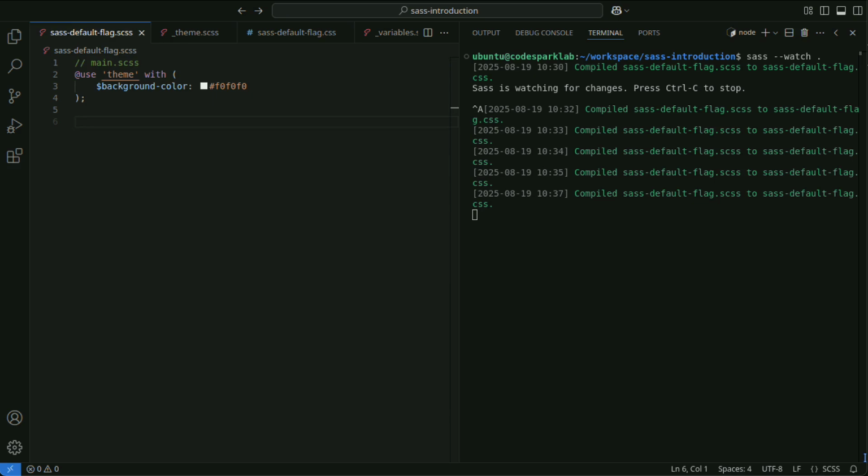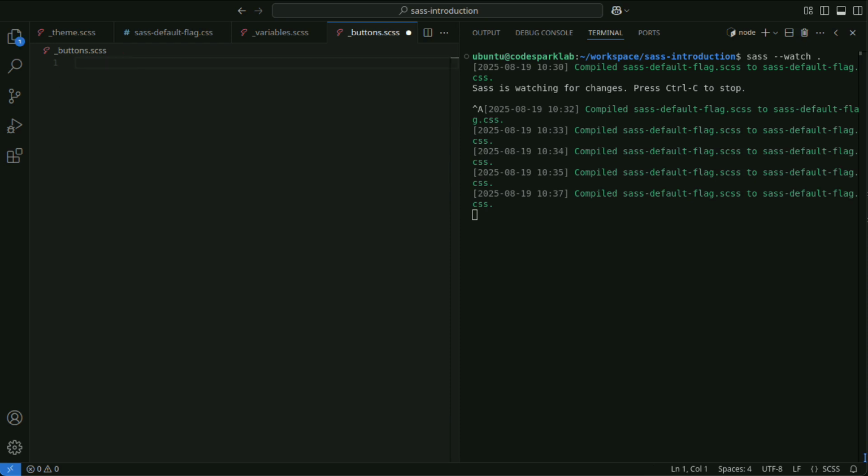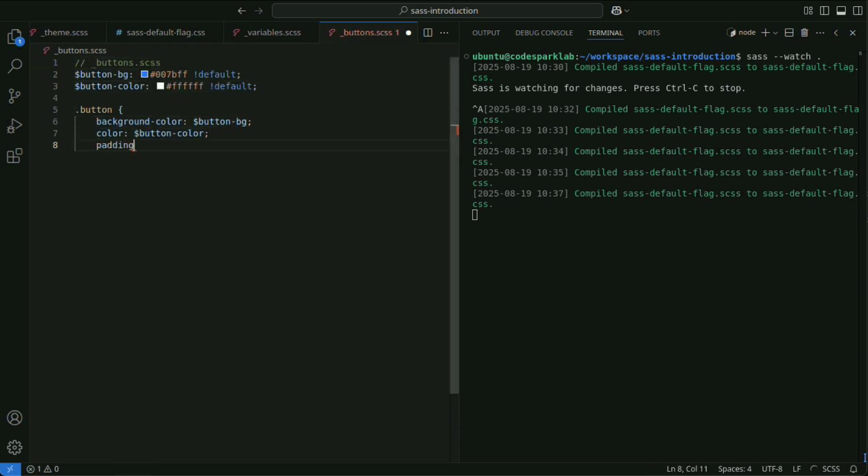In a reusable button component, you can provide default styles while allowing users to override the color. Defining the default background and text colors for buttons with default and applying the styles.